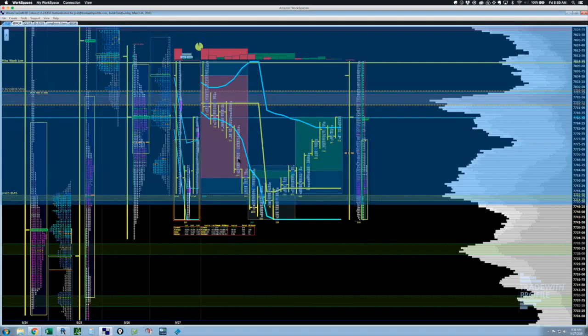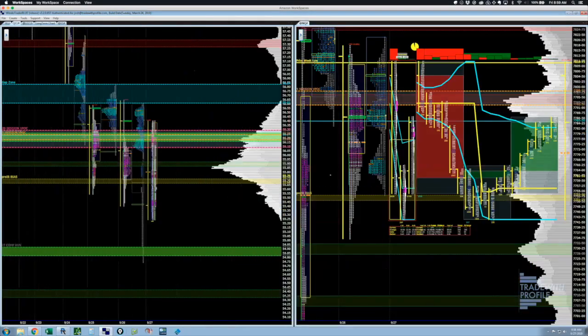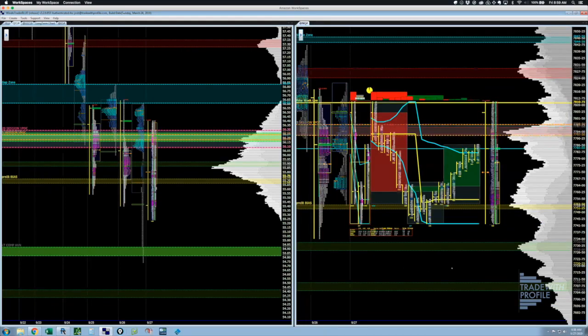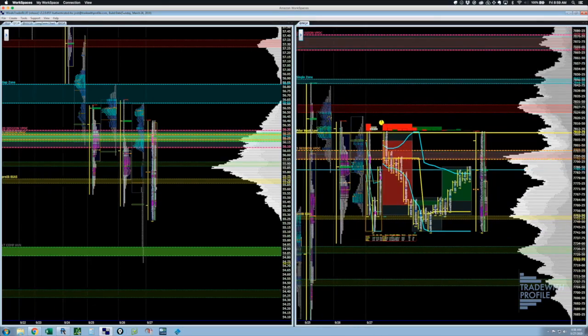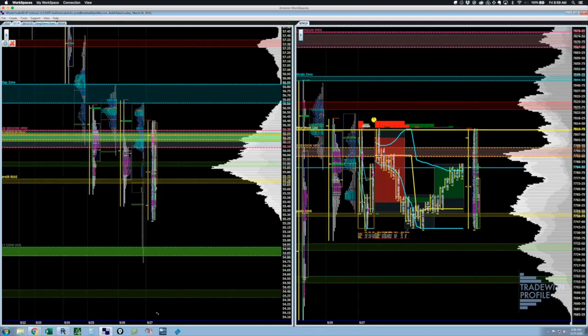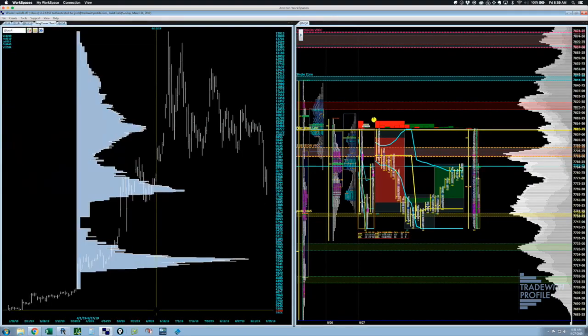So the question may be, when do you start considering longs? Well, if we get above 90 and hold, we've got to look long at that point. And that's where that 78.28 can come into play. For sure. We could take out that IB high. This is a huge IB, by the way, guys. If we take out that IB high, then we'd also be above the open, which is at 78.06. We don't see this too often on a Friday.